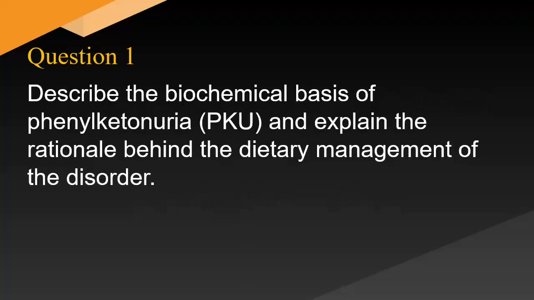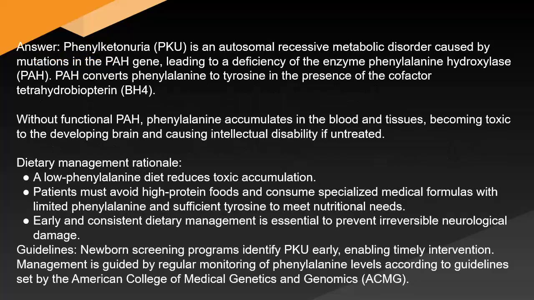Describe the biochemical basis of phenylketonuria and explain the rationale behind the dietary management of the disorder. Answer. Phenylketonuria is an autosomal recessive metabolic disorder caused by mutations in the PAH gene, leading to deficiency of the enzyme phenylalanine hydroxylase (PAH). PAH converts phenylalanine to tyrosine in the presence of the cofactor tetrahydrobiopterin (BH4). Without functional PAH, phenylalanine accumulates in the blood and tissues, becoming toxic to the developing brain and causing intellectual disability